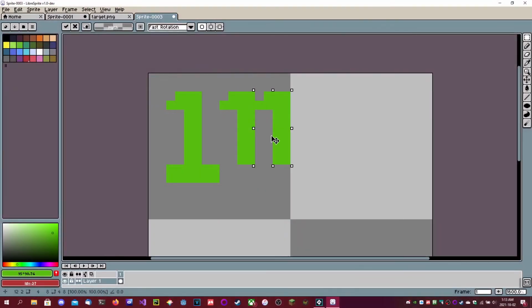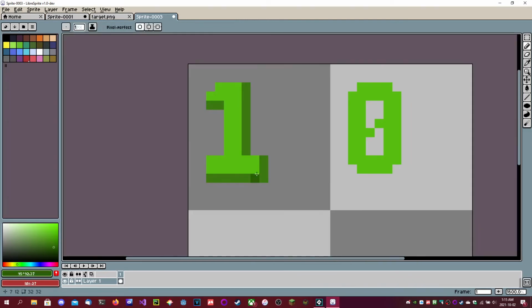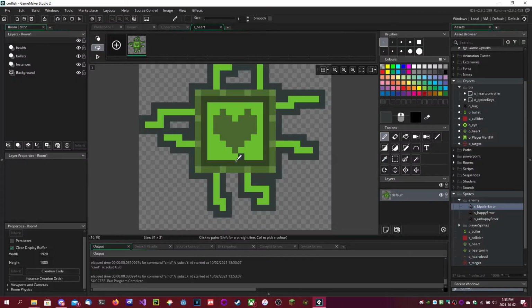I started off this second day by making the enemy bullets and setting up the health system. Did I make a death system yet? Nope, that's a problem for future me. In reality, it wasn't that bad. All I had to do was...